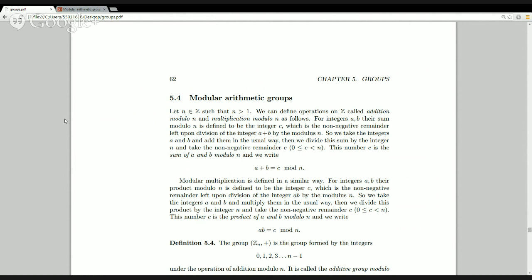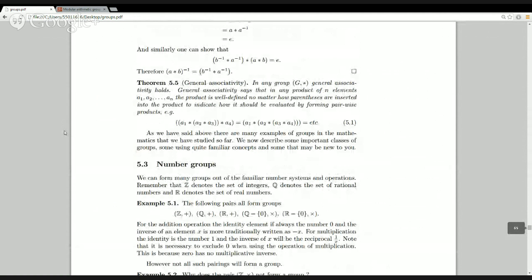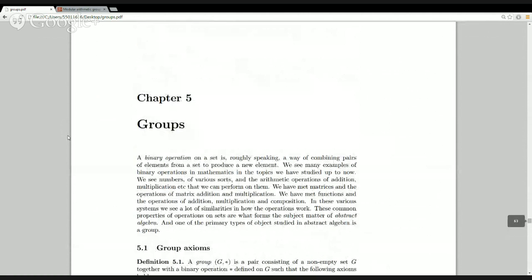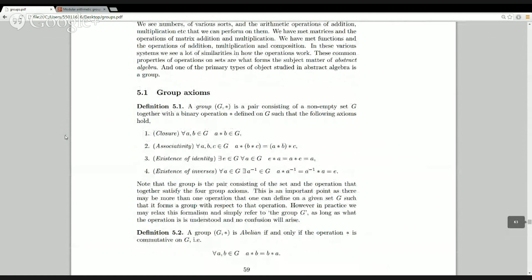So what did we do last time? Yesterday, we introduced it last week. We looked at the dihedral group of symmetries of the triangle. And yesterday, we looked at the formal definition of a group. So a group is a set with a binary operation on it, satisfying these four properties. And these four properties are